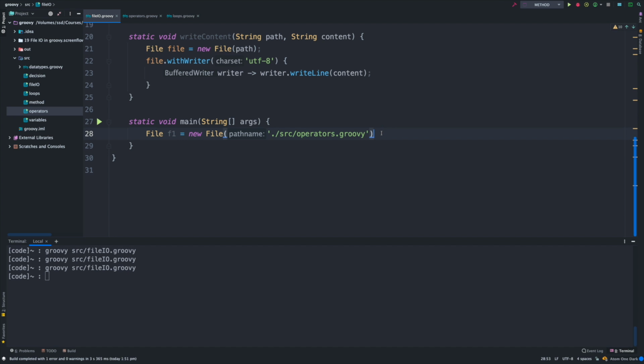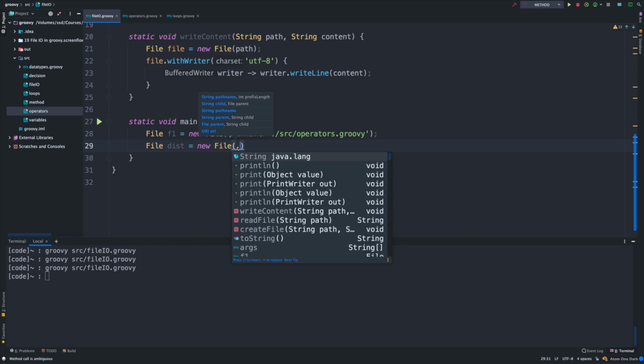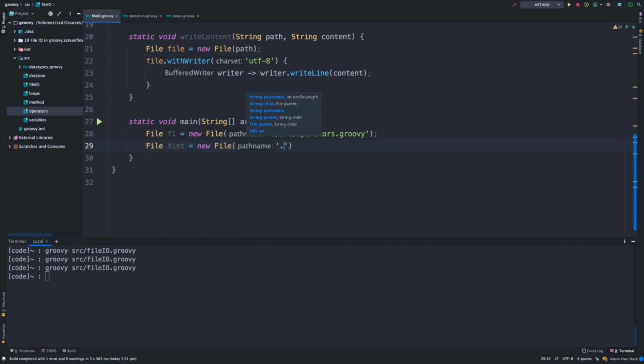And then where we want to copy is going to be a new file. We call it, let's just say this equal to new file, and then we are going to just create a new file if it doesn't exist. So I'm going to say hello.groovy. Okay, I want to change the name of this to, let's just say, file. Simple. Keep it simple. Simple is better than complex.